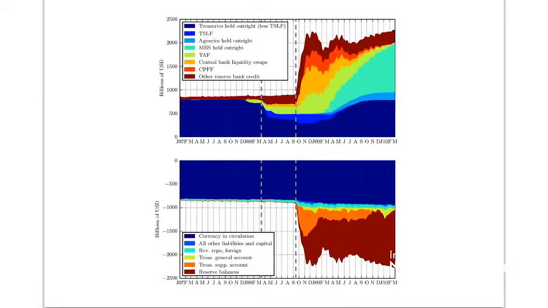So the Fed changed its strategy, and you can sort of see that in the asset side of the balance sheet up there. The dark blue is Treasury bills. So the Fed, before the crisis, was holding Treasury bills as assets and issuing currency as its liabilities. That's what the dark blue is on the liabilities. So it's basically Treasury bills and currency and tiny bits of other stuff.